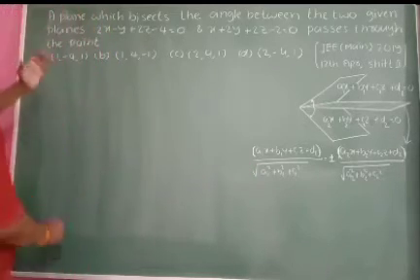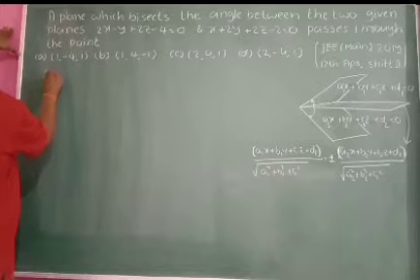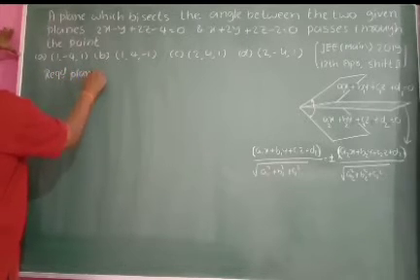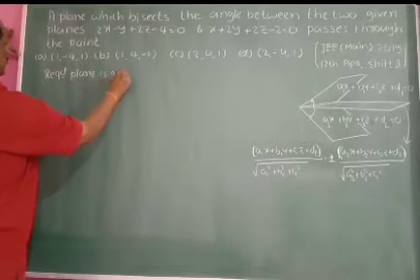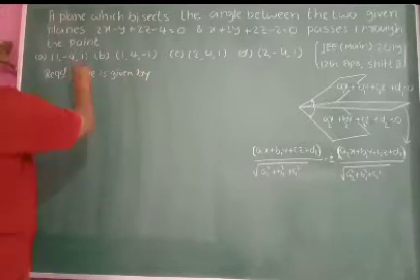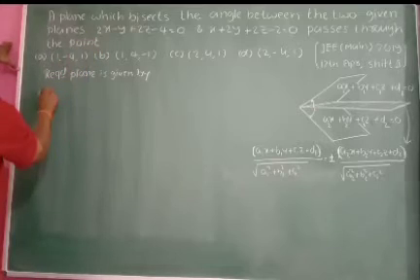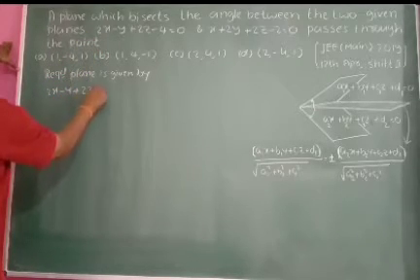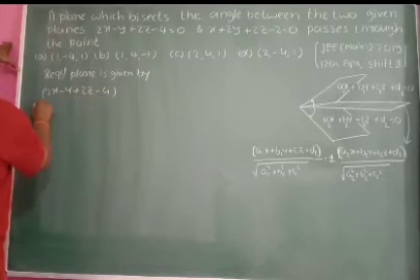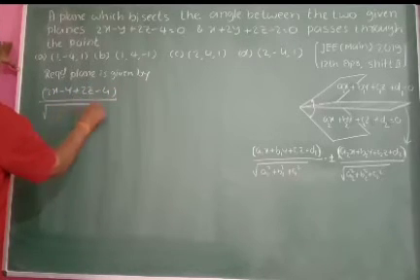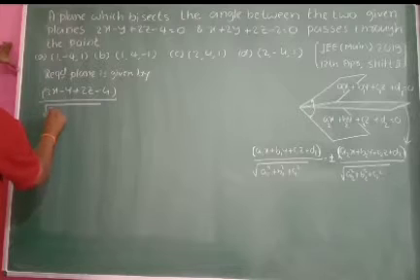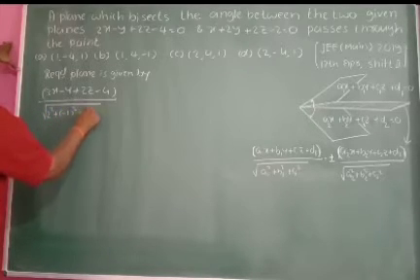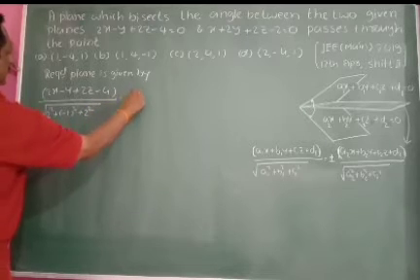So the required plane is given by: take this equation, 2x minus y plus 2z minus 4 divided by root of 2 square plus minus 1 square plus 2 square, equal to plus or minus,